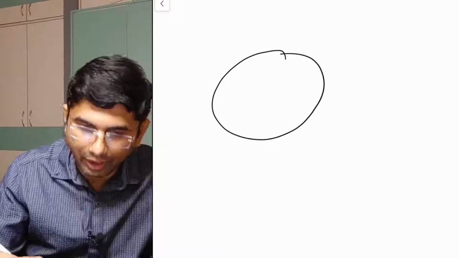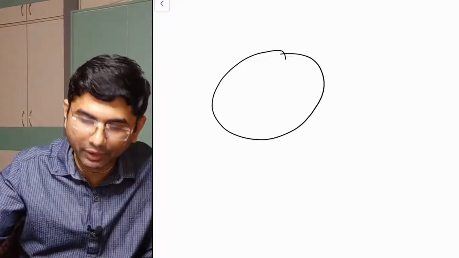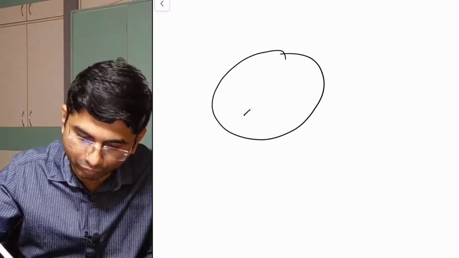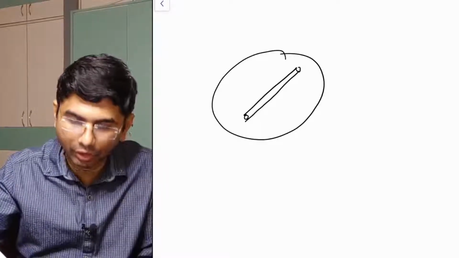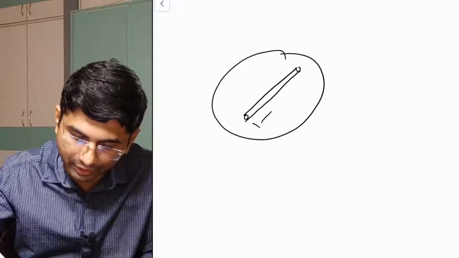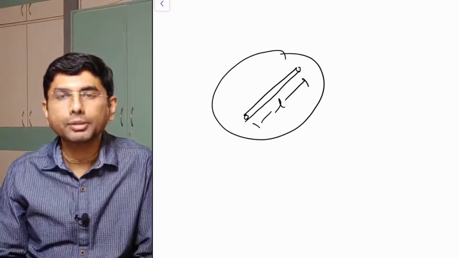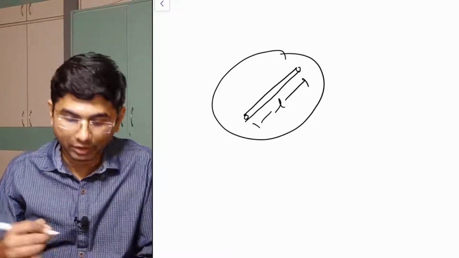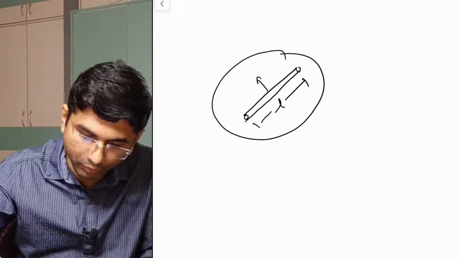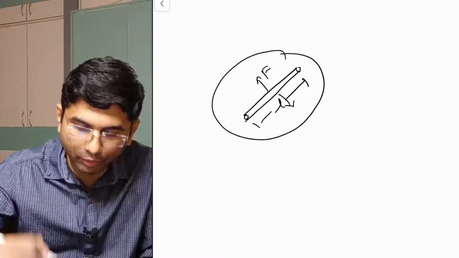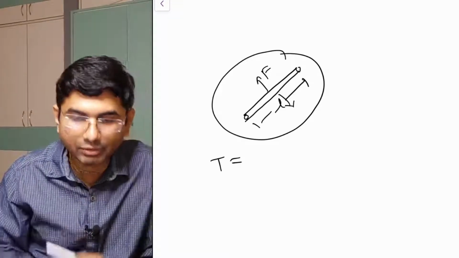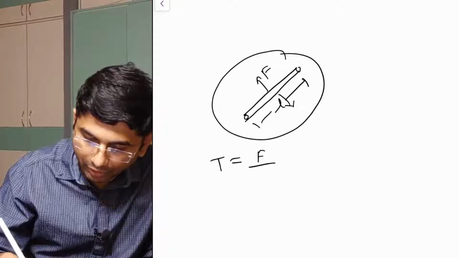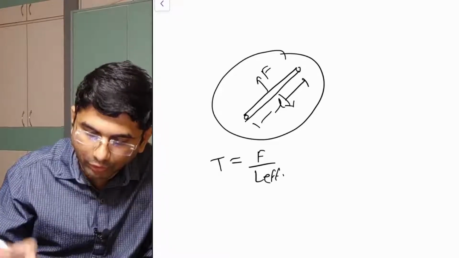Okay, just consider a surface here. We are having a surface, and on that surface I am keeping a pen or any rod. There is some kind of rod on this surface. It is a very lightweight rod. Its length is L, and there is a force F which is acting on this rod, and now they are asking us how much is the tension. Now the tension will be force upon the effective length.